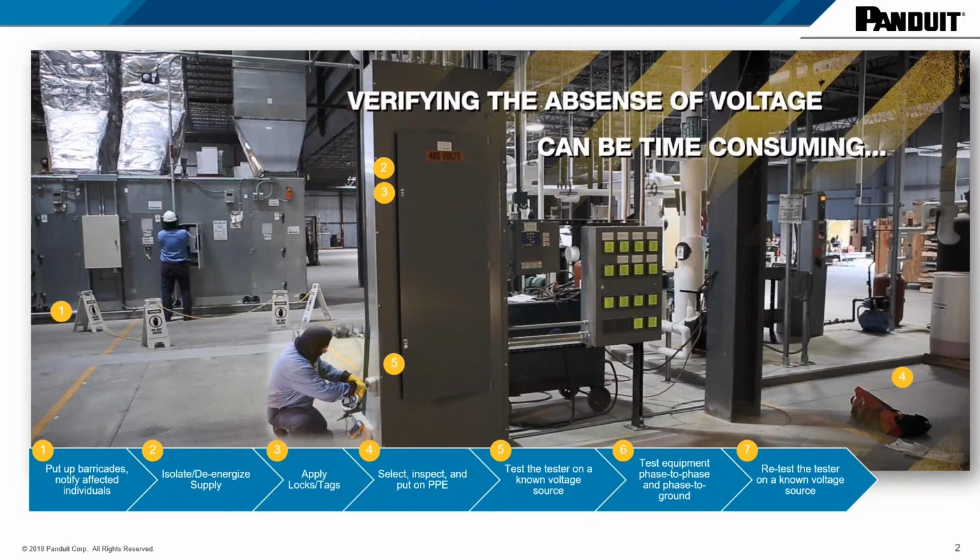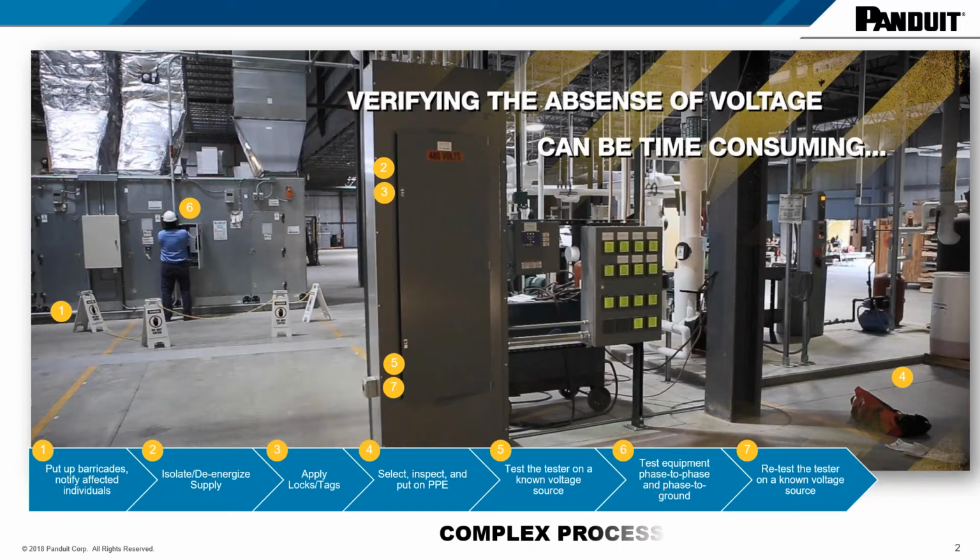Then you'd go back to your panel where you're performing your work and verify a de-energized condition, and you test that equipment phase to phase, phase to ground. And then finally, you're going to go and retest that tester on a known voltage source. In addition to having a lot of different steps and things you have to remember to do, it's also very time consuming to go back and forth and make sure your portable meter is working. What we've seen over the past 10, 15 years is that this process is